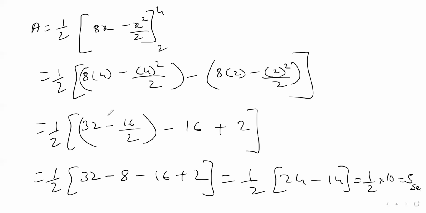ऐसे ही बाकी के भी वैसे ही करने हैं. कर्व दिया होता है, हमें बस उसी को यूज करके एरिया निकालनी. जैसे the next question is area bounded by y is equals to x square plus 1, x is equals to 0, x is equals to 3. The sixth one is area bounded by y is equals to x square plus 1, x is equals to 0, x is equals to 3.